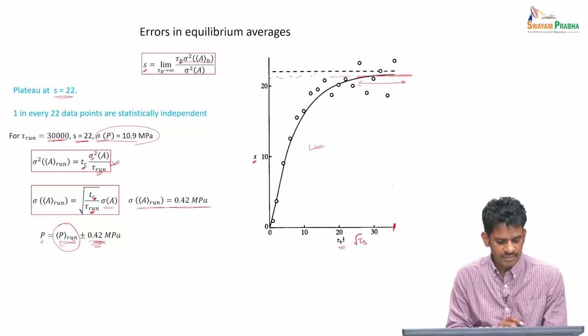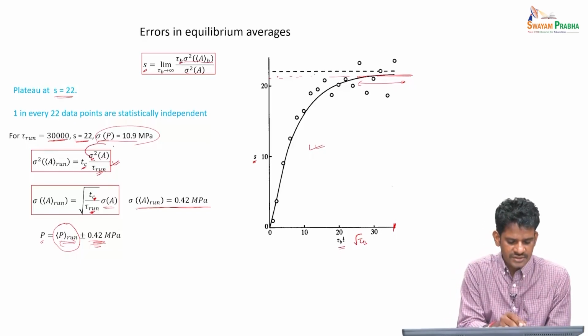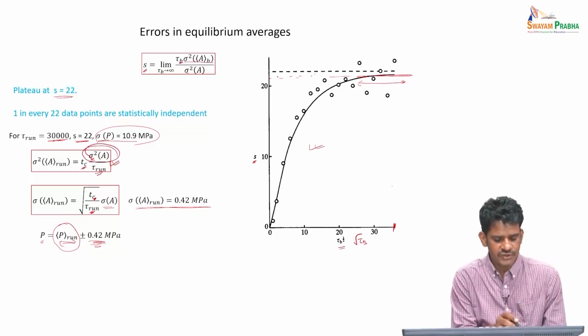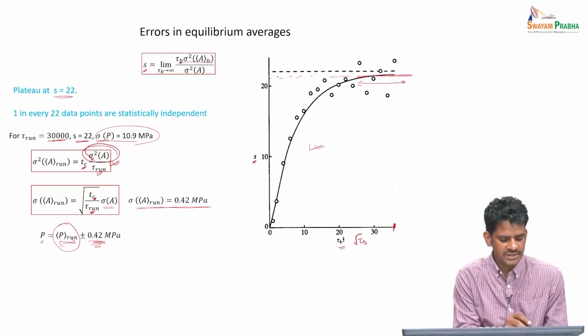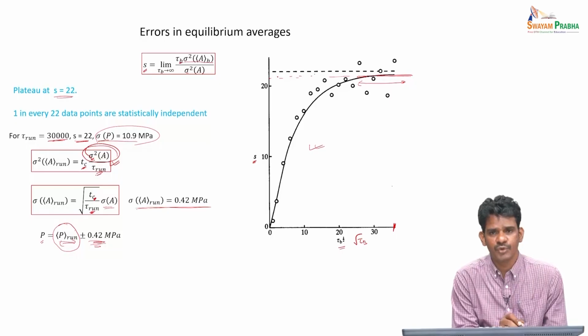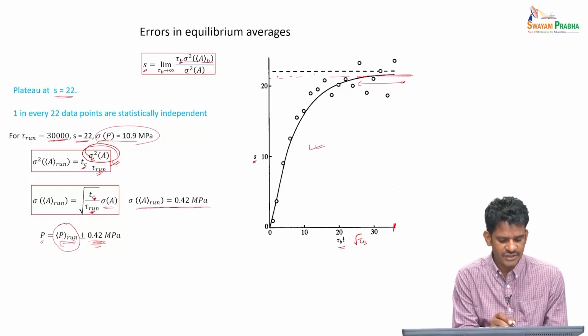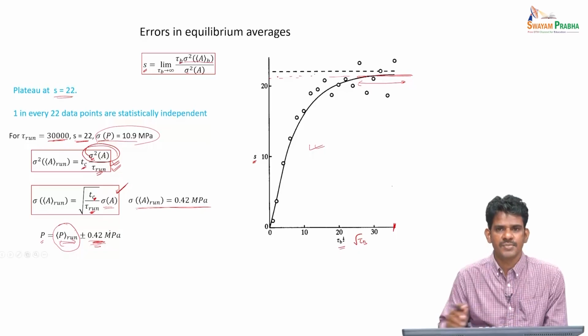Now generally when students write error bars, they report this value as the error, and that is not correct, because the error in the mean depends inversely on the number of data points. It has to be from this particular formula, either this formula or this formula, and you would report the final data as some mean plus or minus some error in the mean.